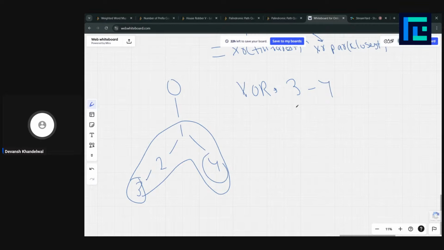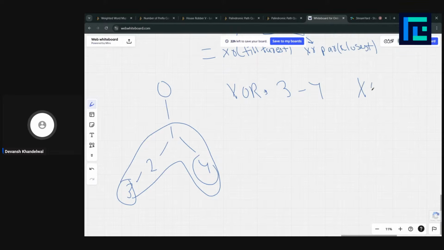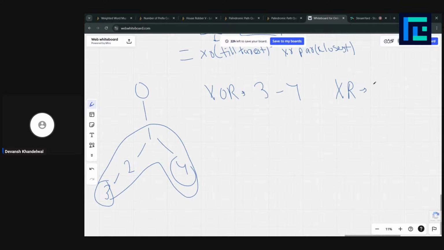So the XOR of this path is, again, if you think, we have XR. XR is XOR from root to ith index, right?